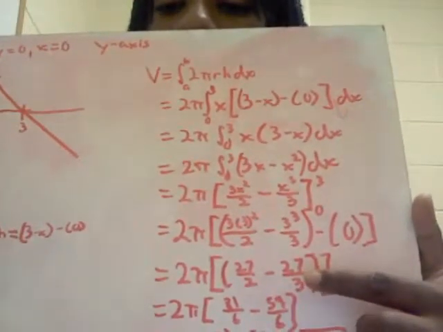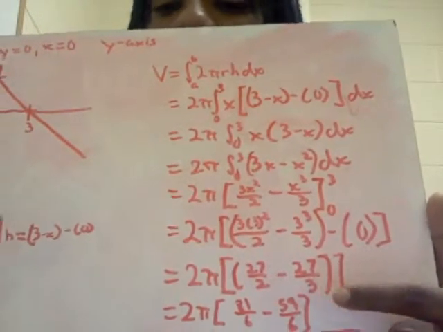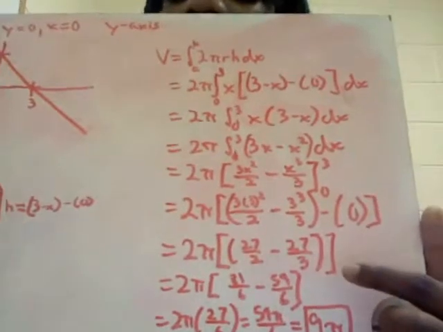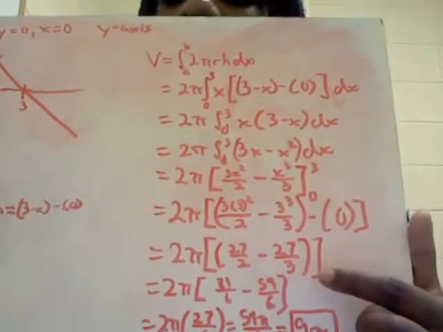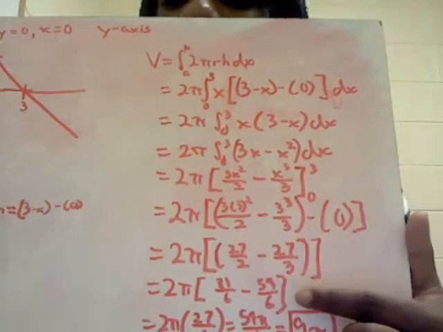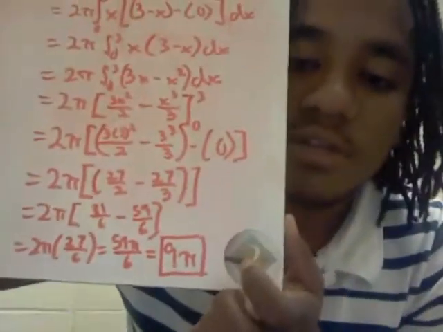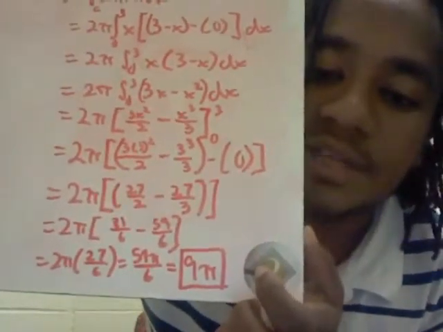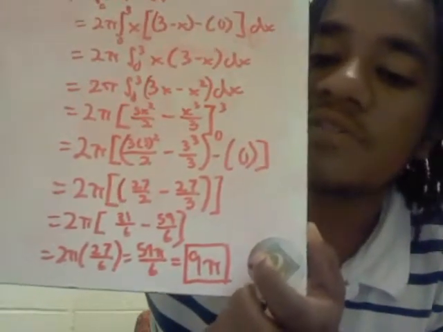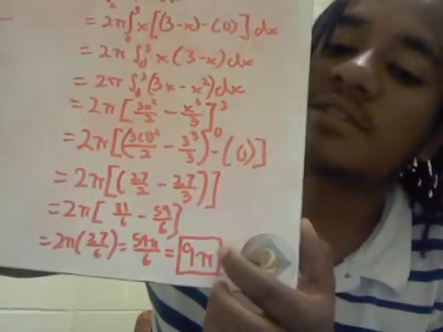It's going to be 2 pi times 27 over 2 minus 27 over 3. Now you make common denominators. It's going to be 2 pi times 81 over 6 minus 54 over 6, which is going to turn out to be 2 pi times 27 over 6, which is 54 pi over 6, which simplifies to the final answer